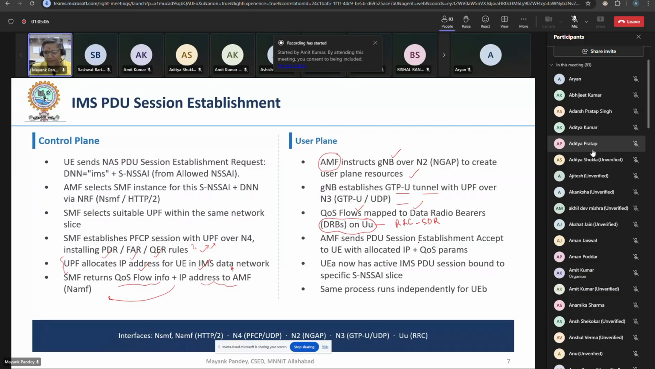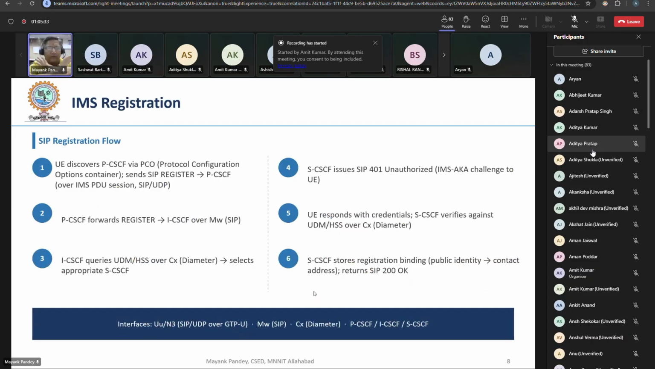AMF sends the PDU session establishment accept to UE with the allocated IP and QoS parameters. Registration accept has gone. Now UEA has an active IMS PDU session bound to a specific slice, and the same process will run independently for UEB. Any questions at this point of time? Rest is same as whatever you have done in our